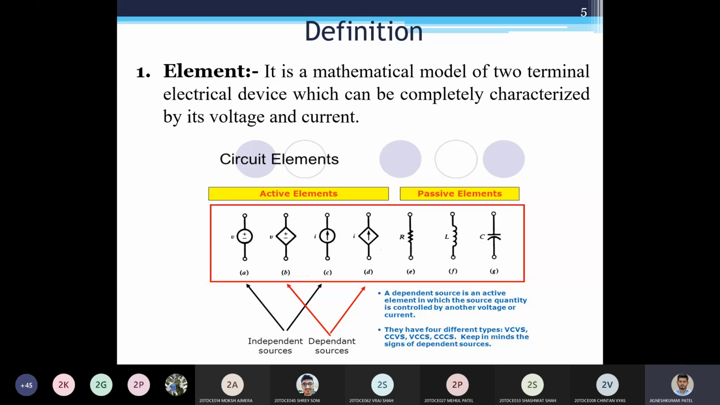For example, a voltage source can be a battery. A battery is a voltage source because it does not require any